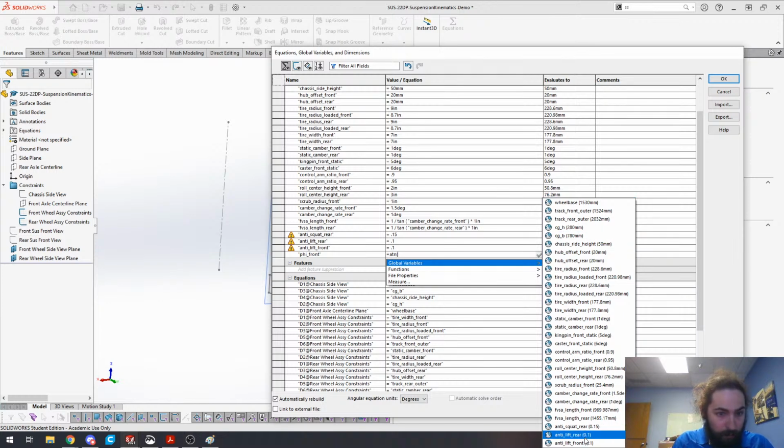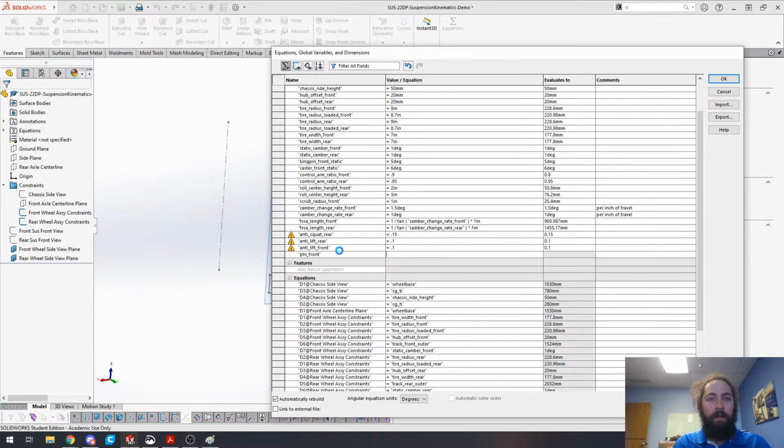One second, hold on. Oh, that's right. Anti-lift front. This is the one that's only for front-wheel drive cars. This needs to be anti-dive. There we go. So yeah, technically you can have an anti-lift in the front too, but that will only matter if you have a front-wheel drive car. Rear-wheel drive is concerned with anti-squat in the rear. Cool. So phi front is going to be arctangent of